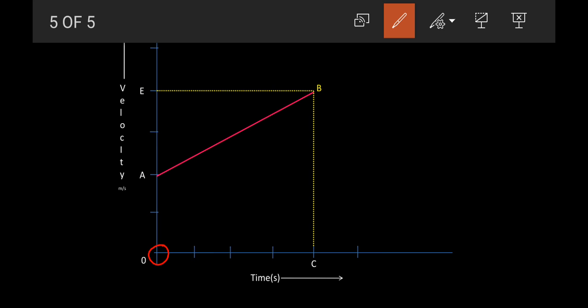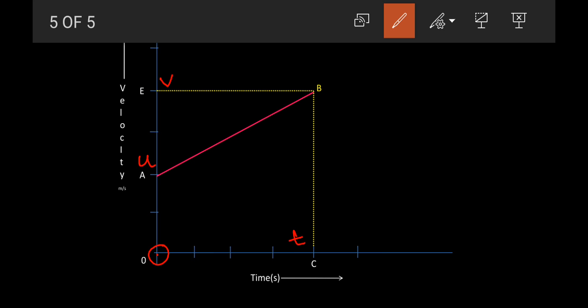Earlier what we have done is we have drawn a straight line from this. Now this time your body has some initial velocity, that is your object is at point A, so its initial velocity I am writing as U. Similarly, it will travel from A position to B position. At B position it has velocity V, which I am marking on this y-axis as E. So this is your velocity V, and it is traveling from this origin to C. So this time from O to C is your T.